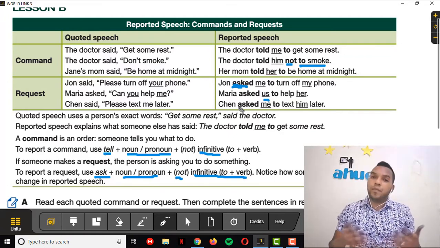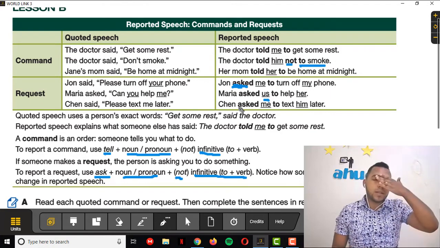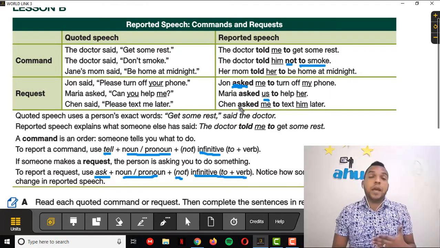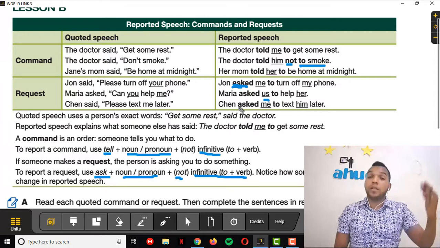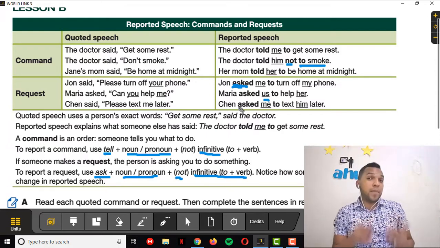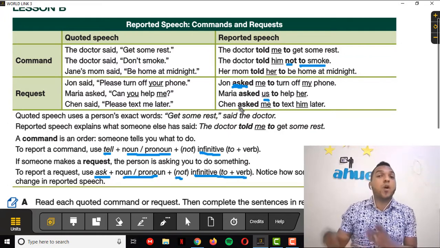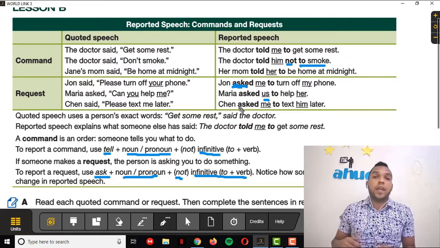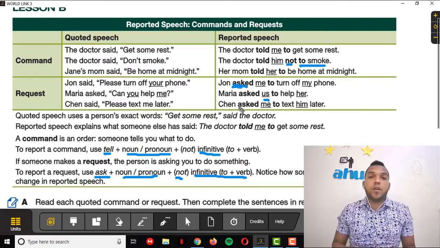Okay? So, then you're going to say, oh my goodness, I'm so embarrassed right now. The teacher told me to turn off the cell phone. So, she's talking in the past because the situation already passed. So, that is the only thing you have to keep in mind. Okay?